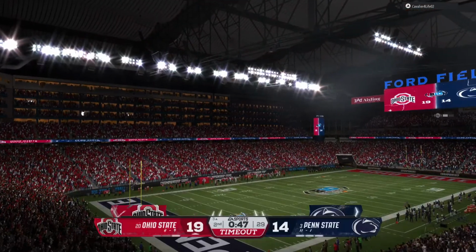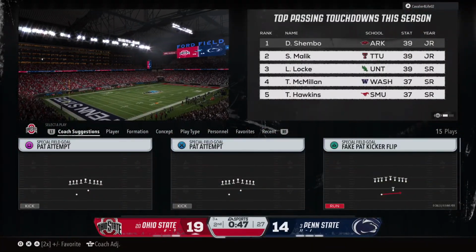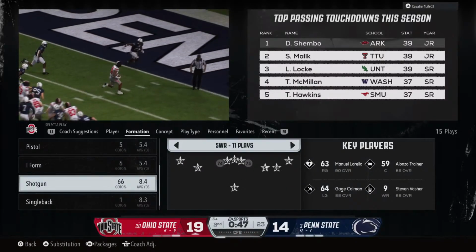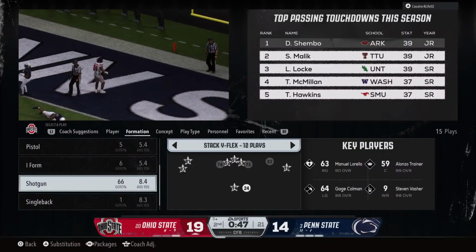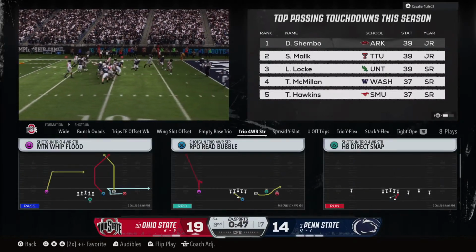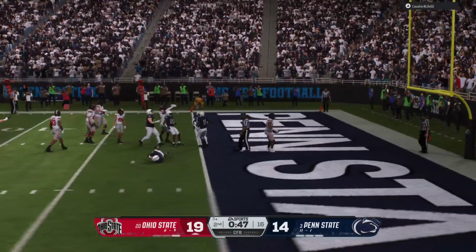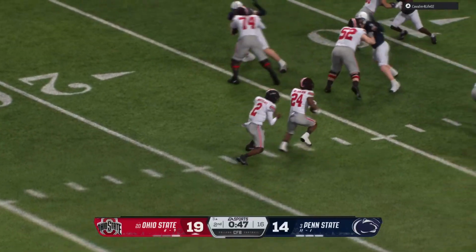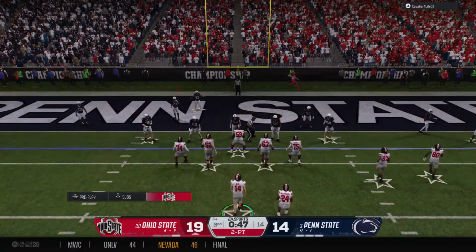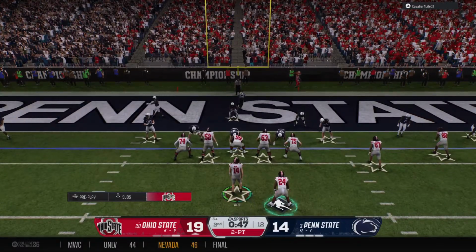The offense will quickly spend a timeout here after the play. Timeout, Ohio State. Now a 2-point conversion attempt coming up.